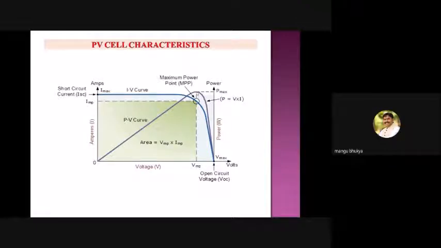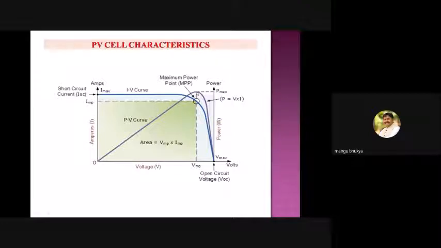But the difference is, in mechanical tracking, we rotate the panel as the sun moves from east to west. To observe the maximum radiation, the direction of the panel and the direction of the sun rays should be perpendicular. Under the perpendicular condition only, the solar panel can observe the maximum radiation, so that it can give the maximum power. So that is mechanical tracking.